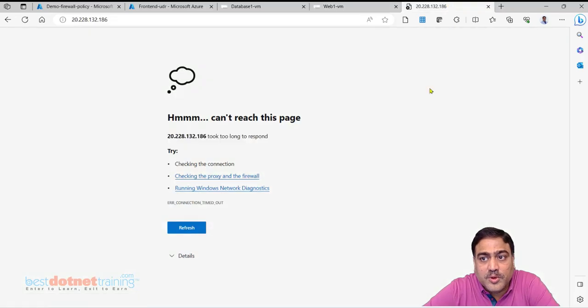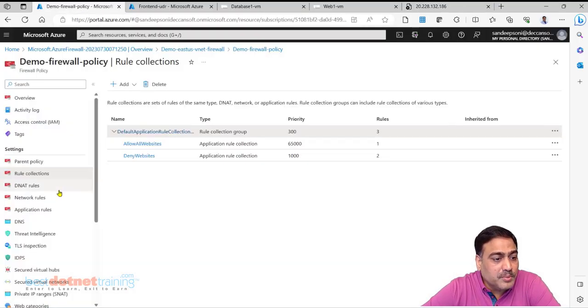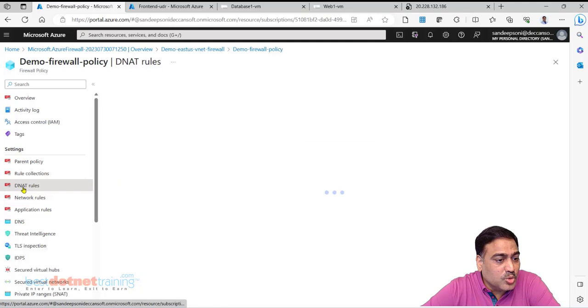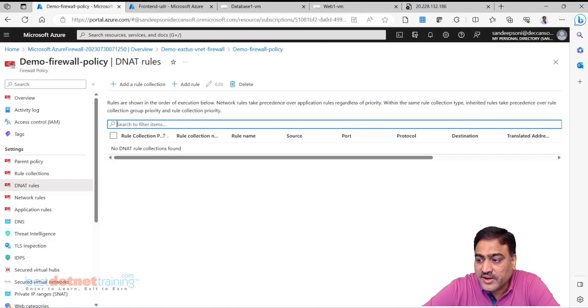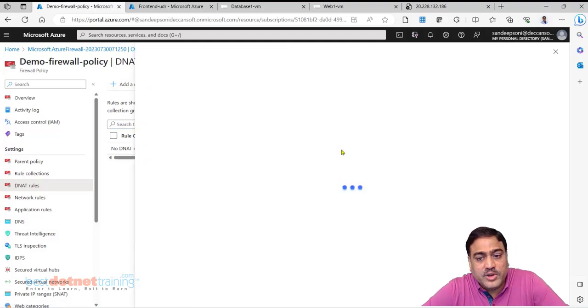Now how to solve this problem? I'm not able to browse the machine. This is where we are going to make use of the NAT rules. Destination NAT rule. We can call it as DNAT. So I'll create a DNAT rule here.